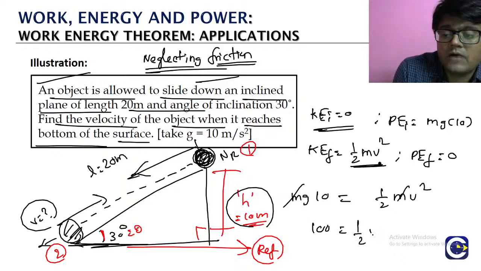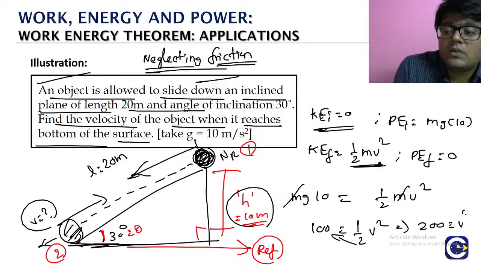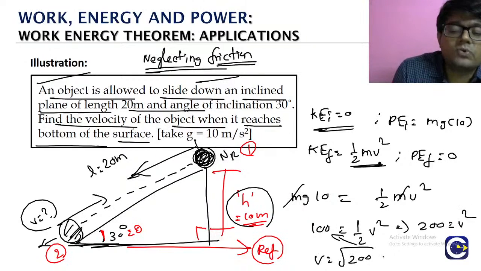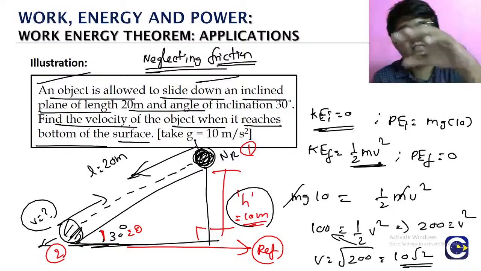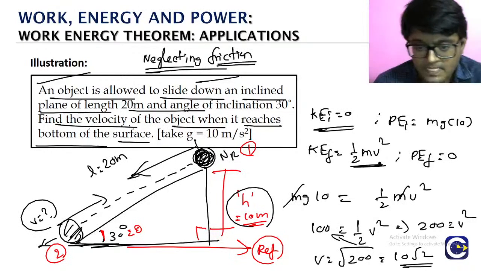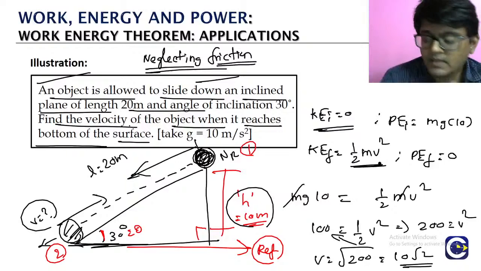100 is equal to half v square. The 2 goes to the numerator, so 200 is equal to v square. So from that, what is the value of v? Root of 200, which is equal to 10 root 2. Check it, guys, what is the final velocity when it is coming down? The final velocity of the object is 10√2